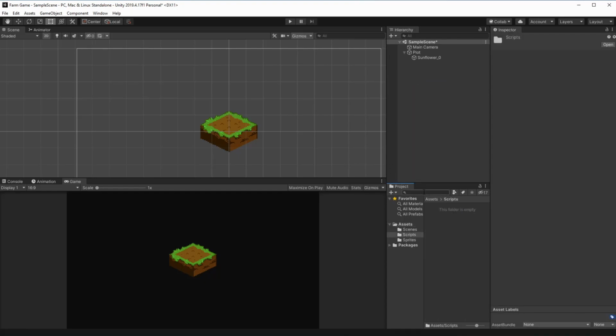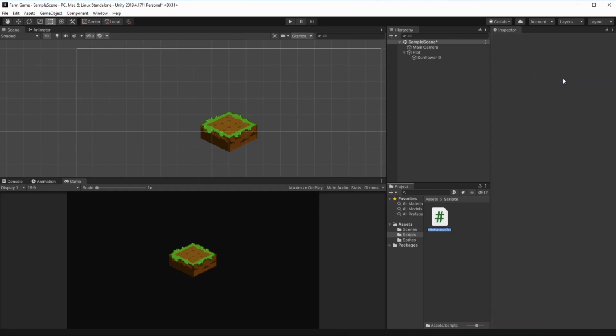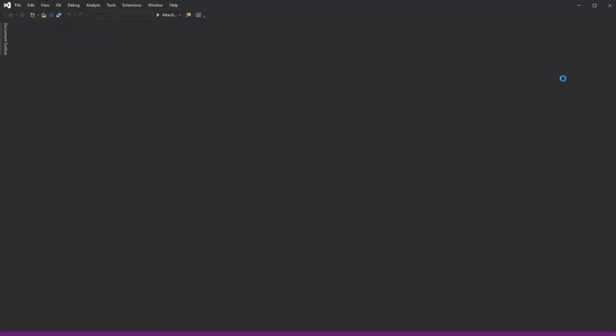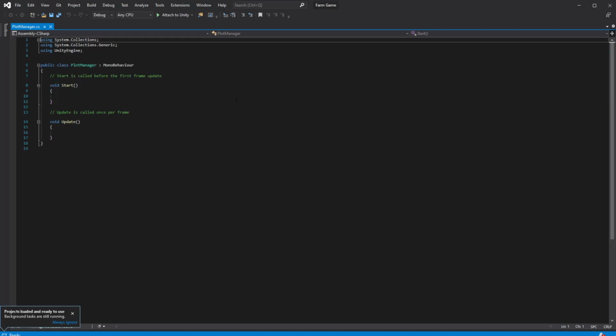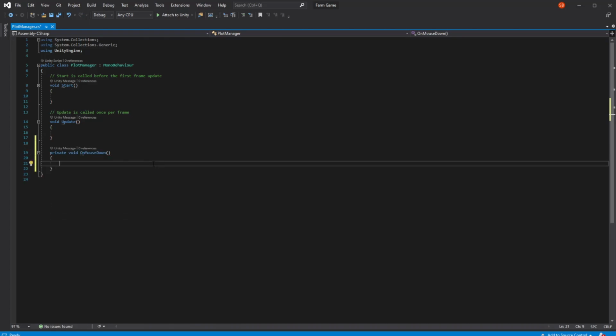And let's begin making the plot manager. Create C# script, and we're going to go with plot manager. This will be managing the plot of land. Let's create it. Let's open it on Visual Studio. So here we have a plot manager. We're going to start just by having an OnMouseDown event, where we check for the player's click on this plot of land. So we're gonna have Debug.Log